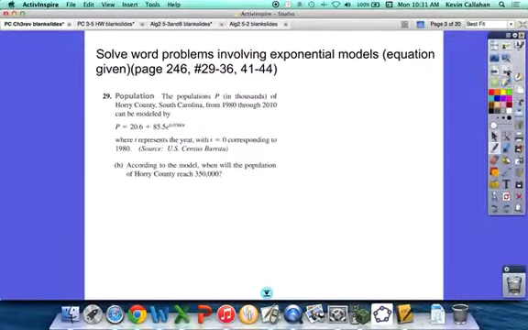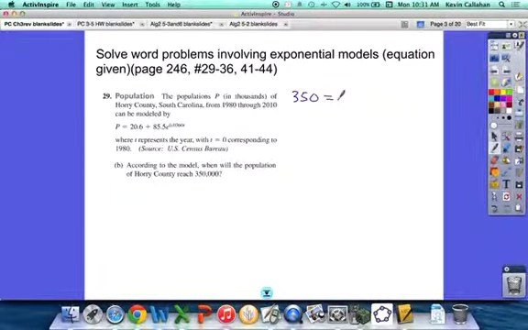The second part of the problem was to find, according to the model, when will the population reach 350,000? So what are they asking us to do with the 350,000? Put it in the place of p for population. And then we'll be able to solve for t. That will be the when. Now, understand that the p is in thousands, so we just put in 350, not 350,000. So this will be 350